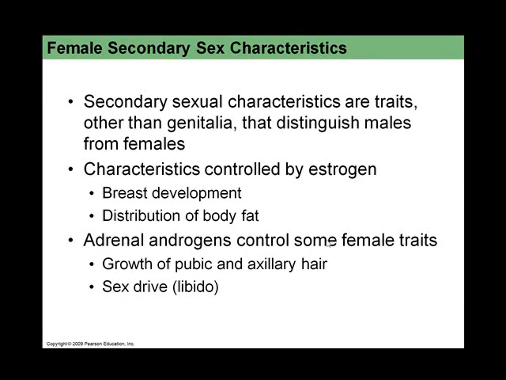The adrenal androgens control some female traits, the growth of the pubic and the axillary hair, and the sex drive, the libido. So, as we said, androgenic steroids are present in both genders, both sexes, and they do contribute